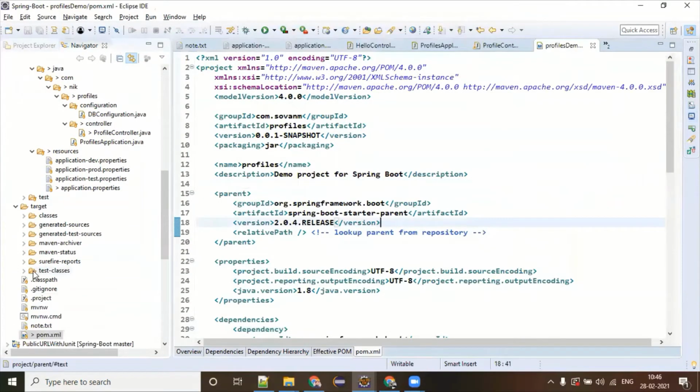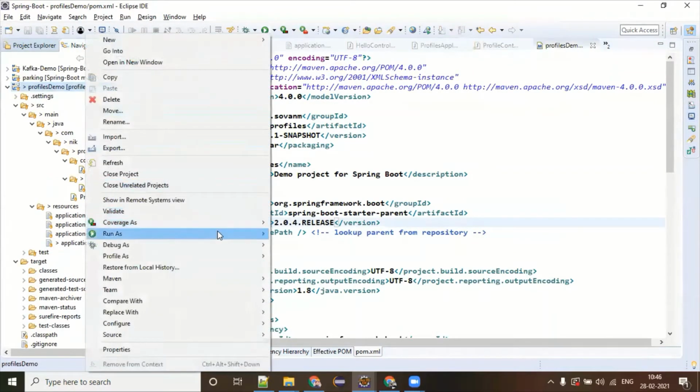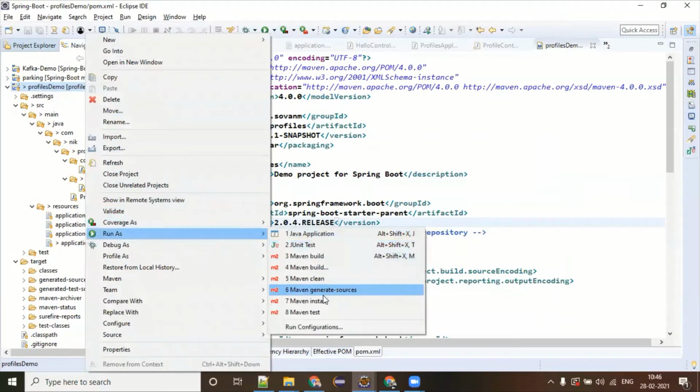Nope. It should generate the jar while doing Maven install itself.